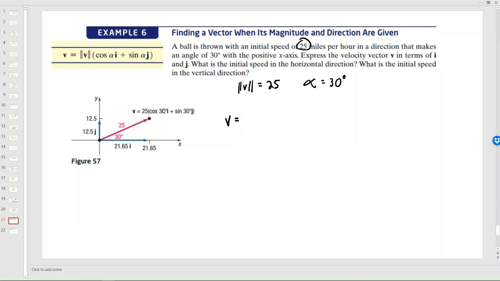So v is equal to its magnitude times the cosine of 30 degrees in the x direction, so for the i there, plus the sine of 30 degrees